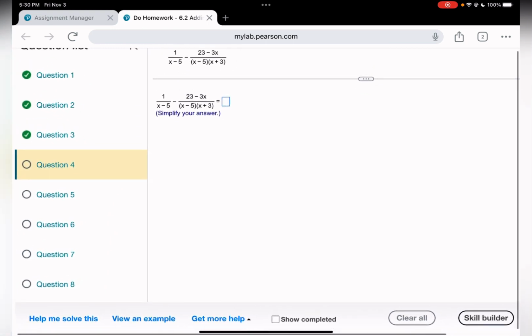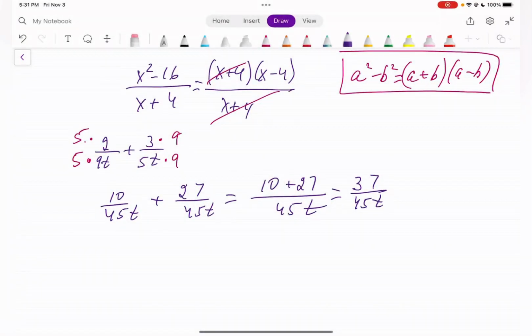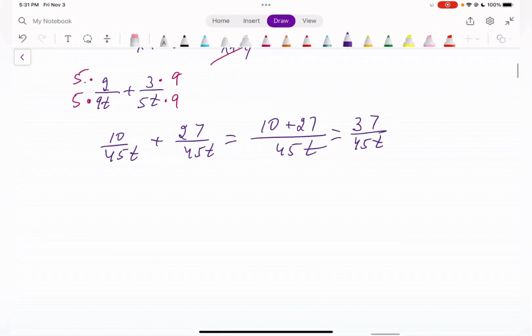Okay, next one. Let me take a picture of this so I won't mess up while I'm solving on the notepad. So what do I have here? I have 1 over x minus 5 minus 23 minus 3x, and here I have x minus 5 times x